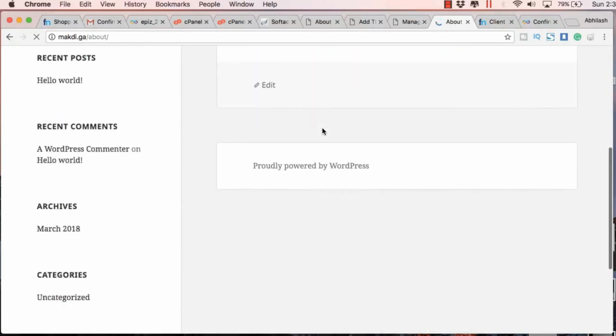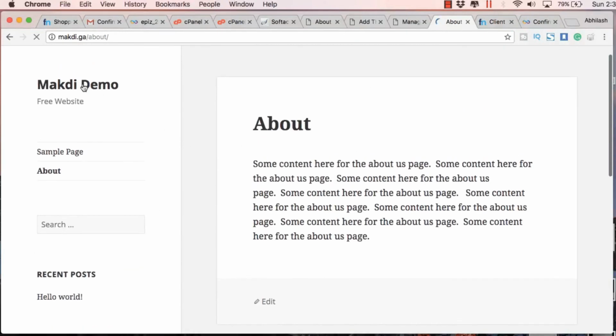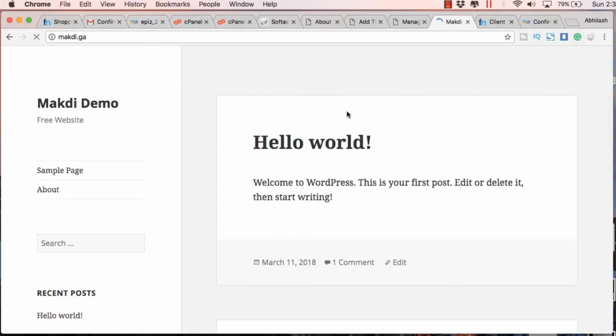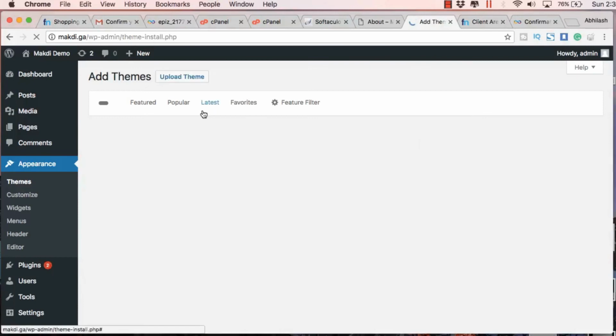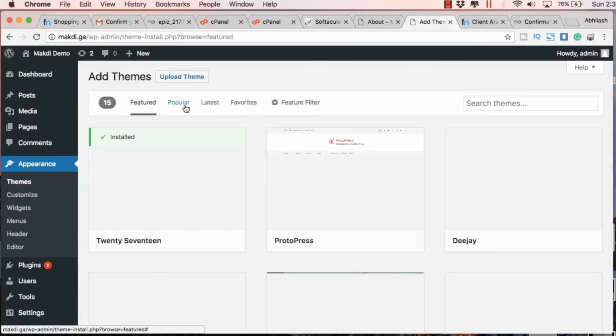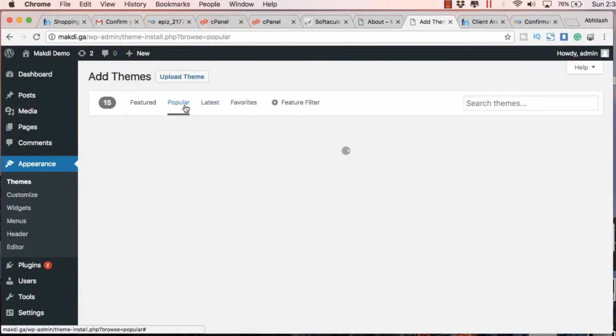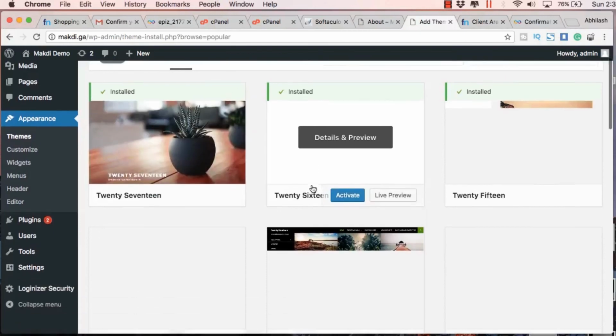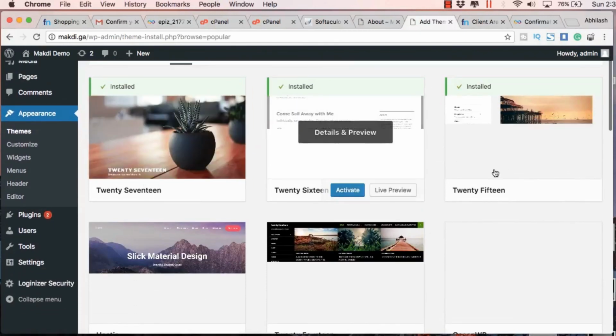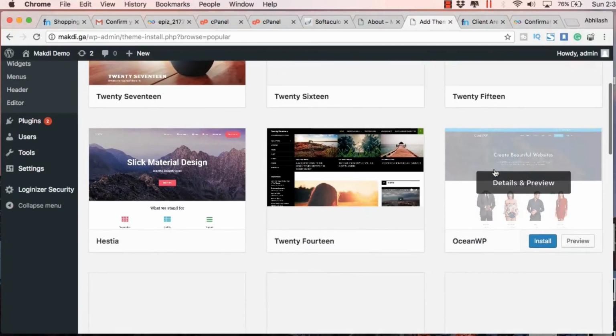Apart from these three available themes, there are several new themes which you can install from the backend. To do this, you just go to themes and click on add new, and you will find several themes here. You can even click on popular to get some popular themes. So once it's loaded, you can just scroll down and select any one of these themes.